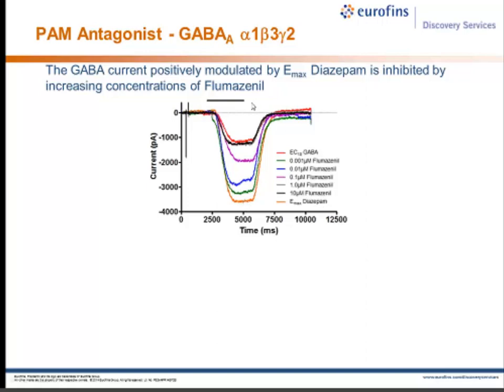Again, we have some representative traces from a single cell ensemble, and we expose this to increasing concentrations of flumazenil co-applied with the maximal concentration of diazepam, starting at 1 nanomolar going up to 10 micromolar of the flumazenil. And the flumazenil and diazepam are co-applied for approximately 1 minute prior to a 3-second application of the EC10 concentration of GABA. Looking at the traces,